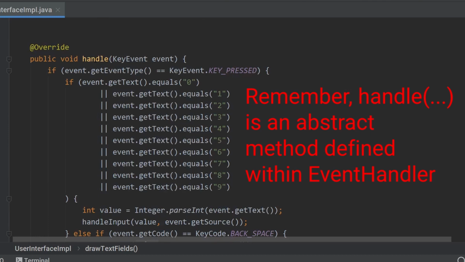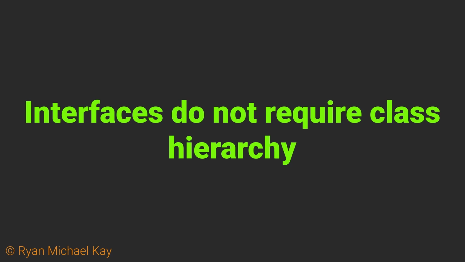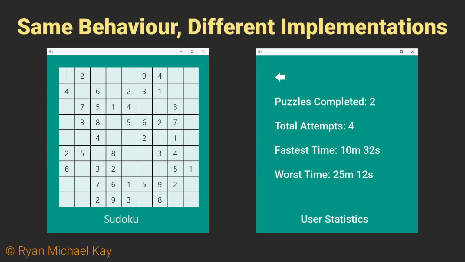Just to really hit home this point about weak and strong mechanisms for abstraction, it is worth pointing out a key feature of interfaces. Unlike classical inheritance and the other topic we will look at next, abstract classes, interfaces allow us to share behavior among classes that do not need to be within the same class hierarchy. Further, what if I decided to build a second user interface screen of my Sudoku app which displays user statistics like how many games they have won, lost, and various other records?